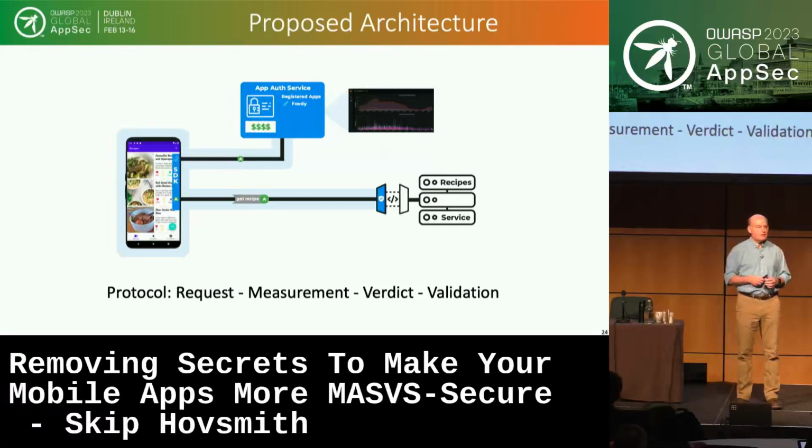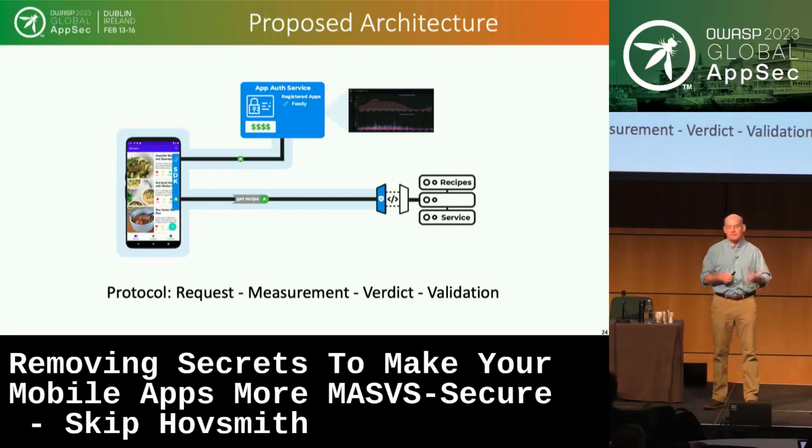This is our food application, which we're using as the sample here. And I've created an app authentication service. It has a signing key, that's the $signs that are there. Basically, when an application wants to make an API call, it's going to request to be attested, or checked, to see, am I safe? It'll make that request to the service. The service will come back and salt some things and basically ask for measurements. So there's an SDK that would be installed here that doesn't contain all the security, but just the measurement capabilities. So it provides measurements of what's going on in the application up to the app auth service.